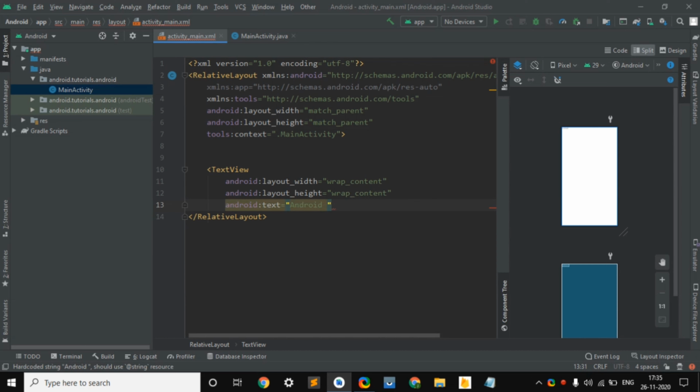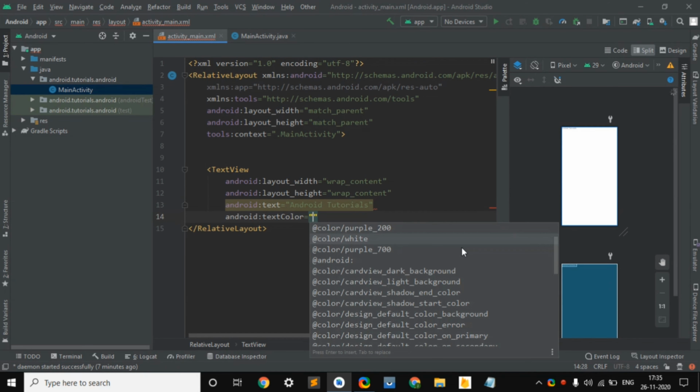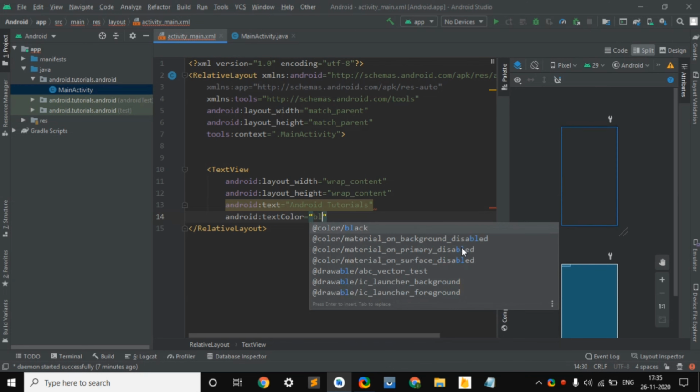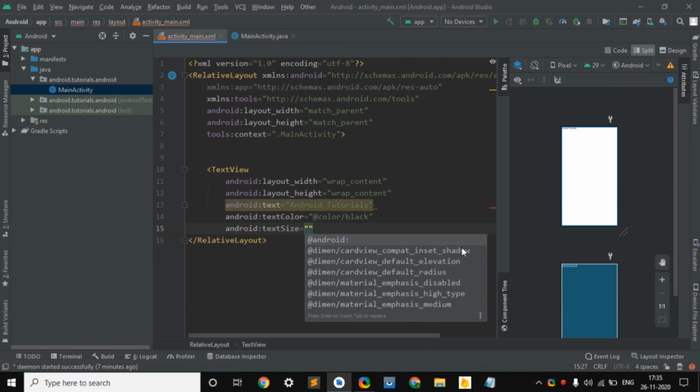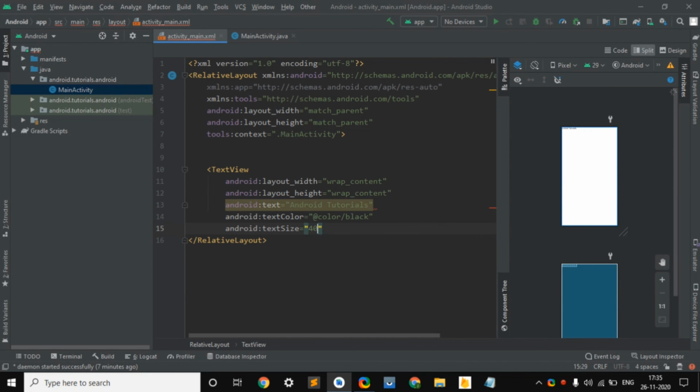That is Android tutorials by channel name, but later we are going to change it. So here I am writing Android tutorials, and here we are going to give its color. So text color is black, obviously. After that we are going to give its text size. So text size is 40 sp, not dp, sp. After that we have to give its id.